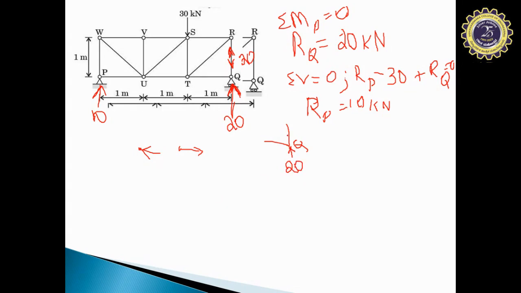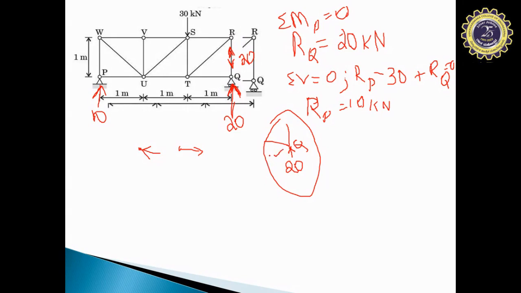So if you want to find out the RQ in another method, you can follow method of joints. If you adopt method of joints for this particular joint, you can easily get the same answer. Since you are doing this for the GATE purpose, you need to be quick enough to judge whether the same force will be transferred to the vertical member, or you can simply follow this method which will be tedious in